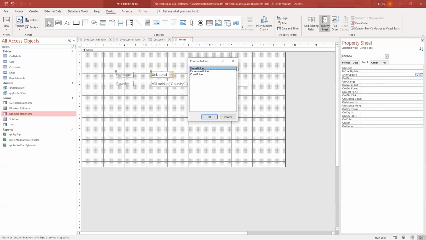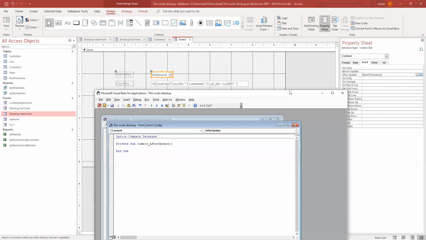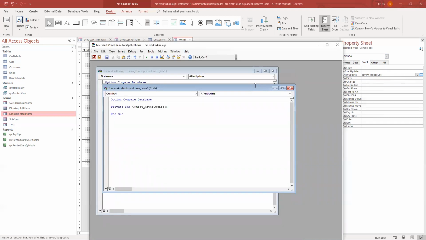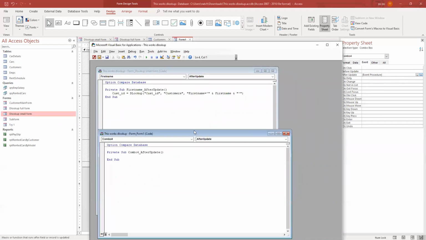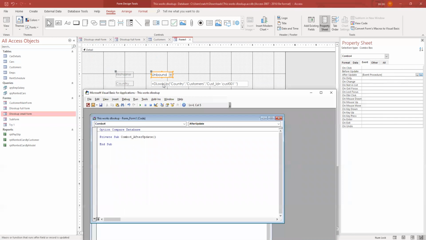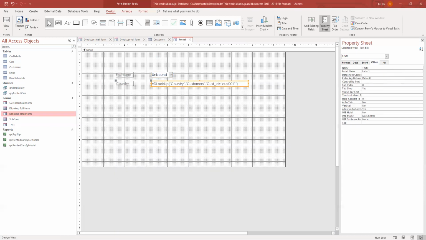No, after update, event procedure, and then click. Yeah, that's another way: click on the event, and then after update, event procedure, then the 3 dots, and there appears the old code that I have written. So it will appear like this. You press tab 1 time, it will jump here, and then you put the name of this box, which is text 0, right? We can change it to country,